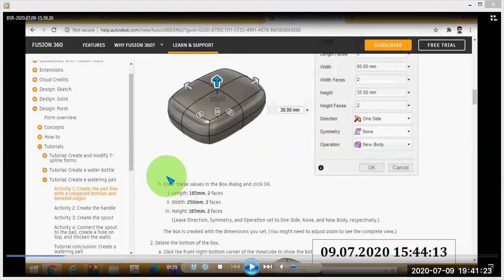You have to enter the values of L, W, and H, the values of length, width, and height. So the values are given. L is 185, then width is 250 mm and height is 185 mm, and number of faces is 2. Under the box window you can see three